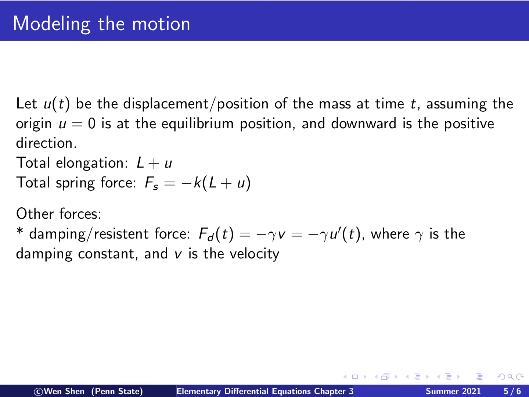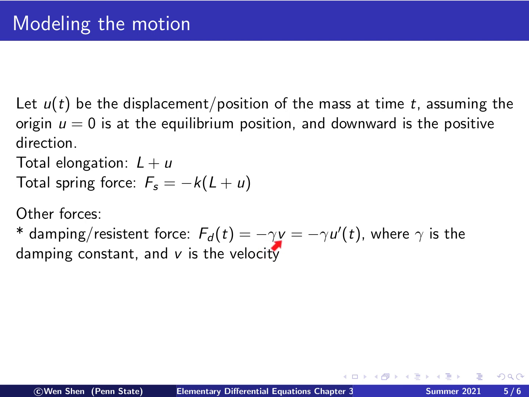We call it F_d, and this is equal to negative gamma times v. V is the velocity, which has a direction, so the force is in the opposite direction of v, therefore there is a negative sign here, and gamma is a constant